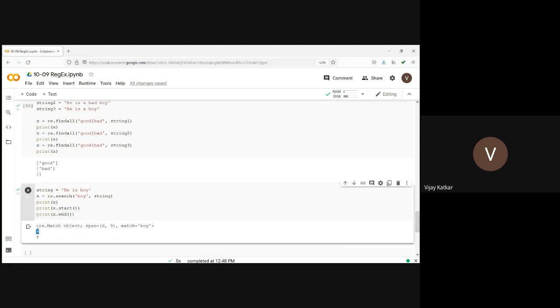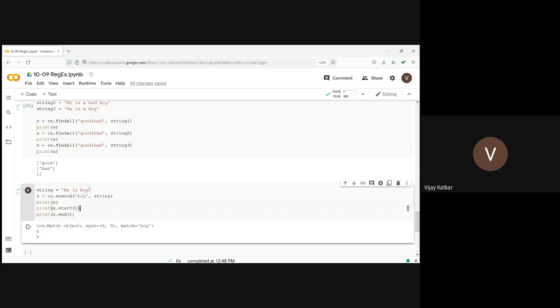It begins at location 6, it ends at location 9. So yes, boy is there. It is at location 6 in the string and it ends at location 9: 6, 7, 8.